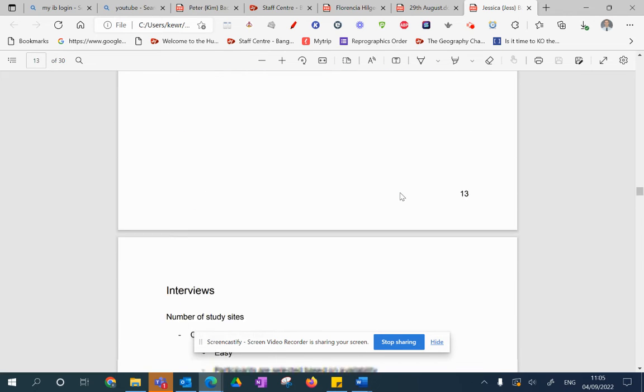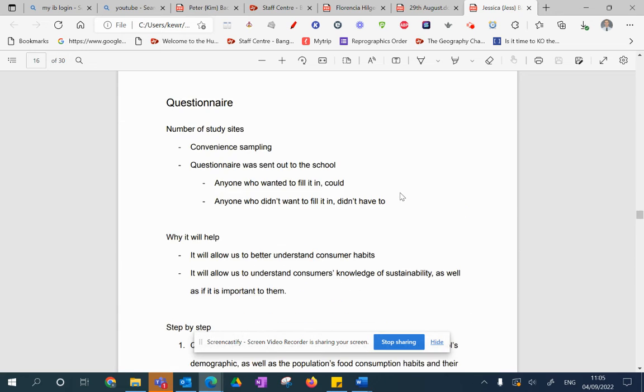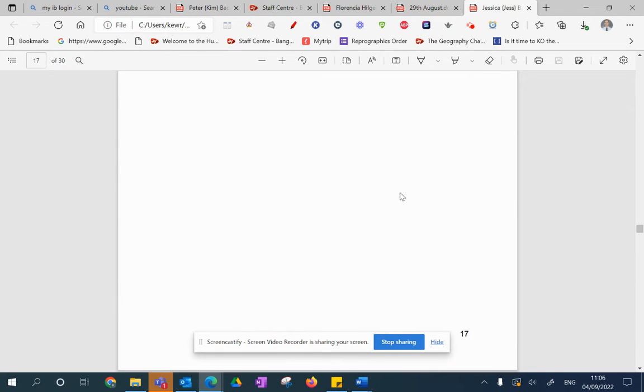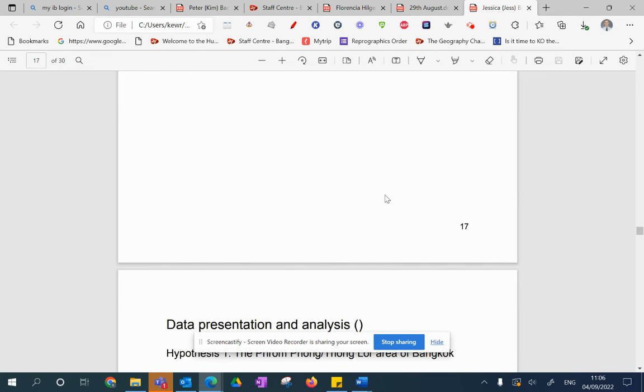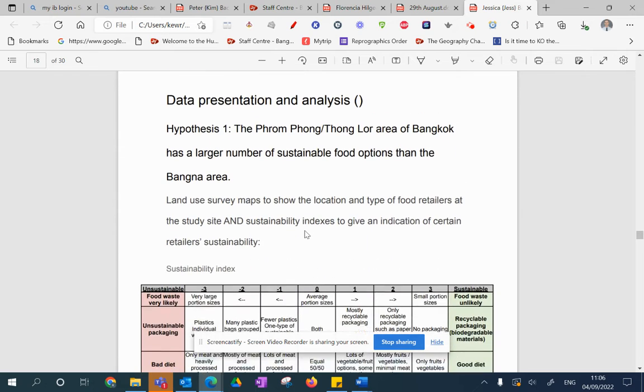Yeah, it looks like this is your notes, but this needs to be in a format where we can actually, so it's a proper methodology. The methodology, description of how you collected it, step by step, and justification why you did it, which hypotheses it links to. If you use sampling, why do you do it? Such as systematic is quick, efficient, and reduces human bias. So this methodology needs finishing.